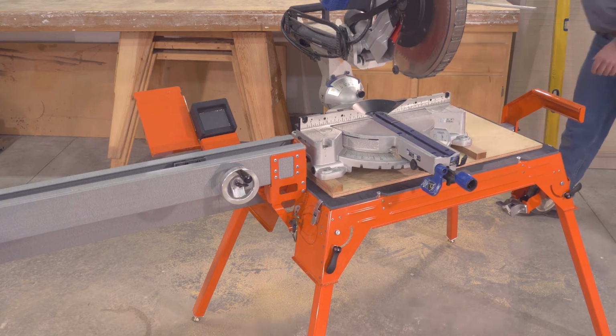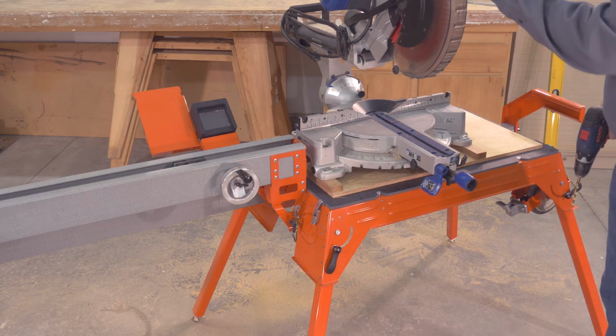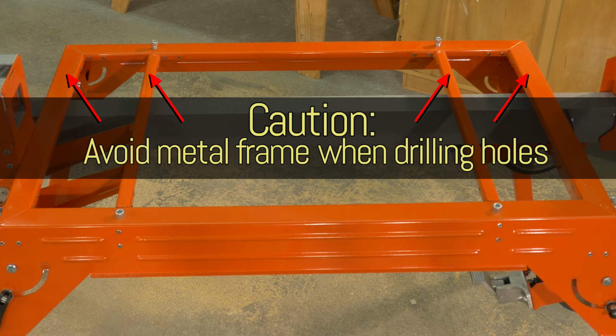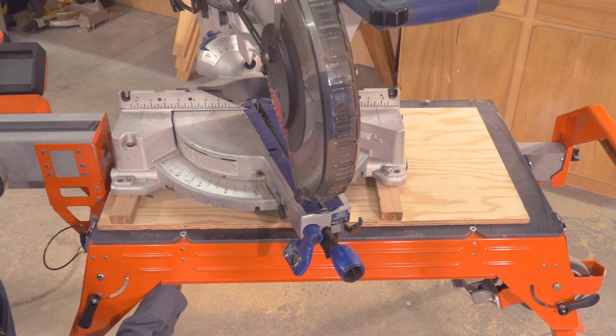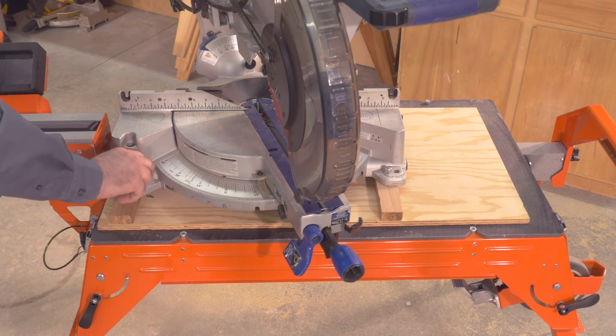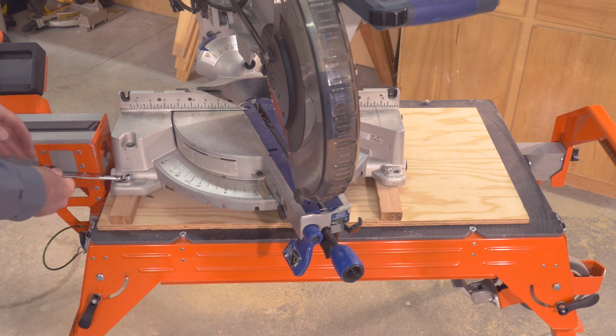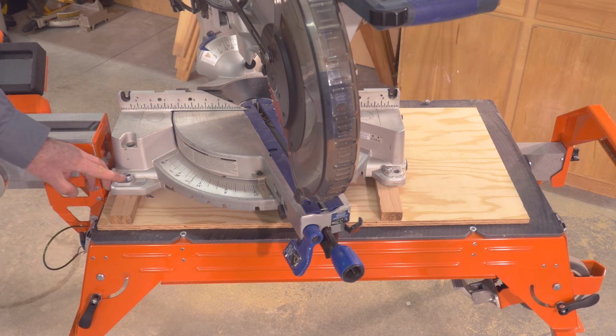And next, using the saw's manufacturer recommendation, we're going to drill the holes. So let's put in our bolt. Recommend doing it from the underside, and then putting the nut on top. And you want to tighten it down just snug, in accordance with your manufacturer's directions. And also make sure that the bolt does not protrude beyond the nut so that you don't scrape your hands while working. The other bolts have been put in, and you're ready to be